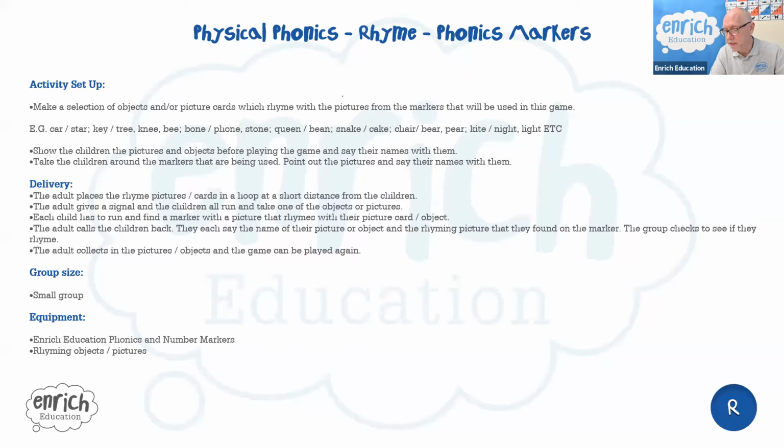The next game is designed to be played using the Enrich Education Orienteering phonics markers. But you could also adapt the game to be played in other ways if you haven't yet got your school map for orienteering. It's a game that takes children's learning out of doors with all the benefits that has for